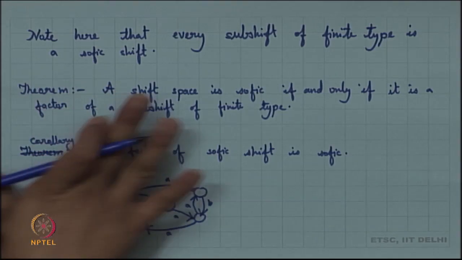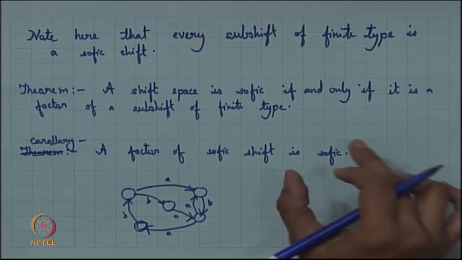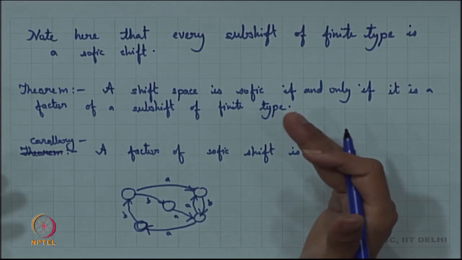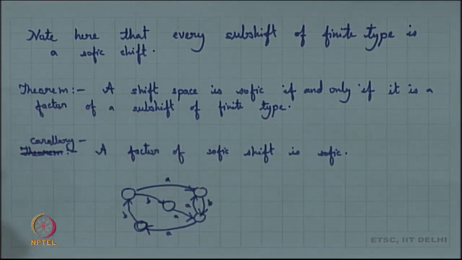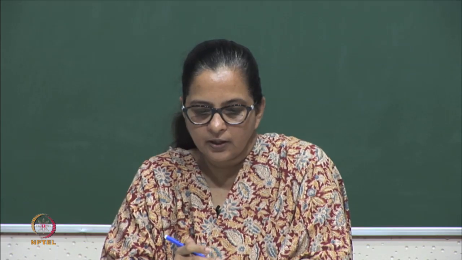Now, if you look into that factor, this construction is similar to the construction of finite automata. So, from the point of view of theory of computation, the language of a sofic shift is just the language that can be generated from a finite automaton, and hence the language of a sofic shift is something which we can term regular. This is just some overlap with theory of computation, but we are not going to get into details over here. And I think this is what we have for symbolic dynamics.